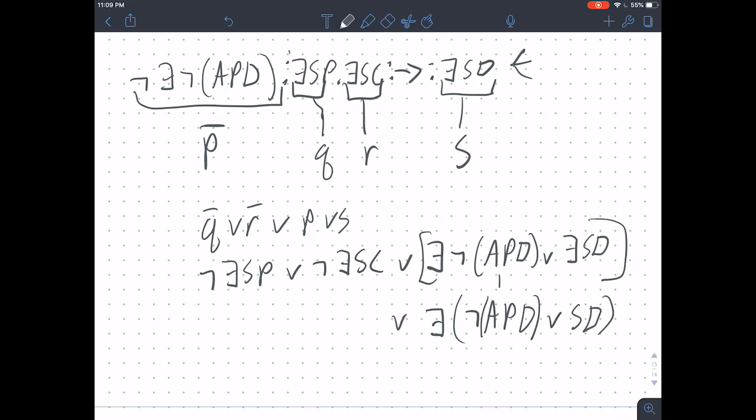And then what we need to do here, and again, this is a little tricky because maybe you haven't been using De Morgan's law in this direction. So what we need to do is we need to factor out the negation signs using De Morgan's law. And we can do that. That's fine. We could do some of these steps with the substitution still in. I'm just doing this to be clear. So what this turns into is not